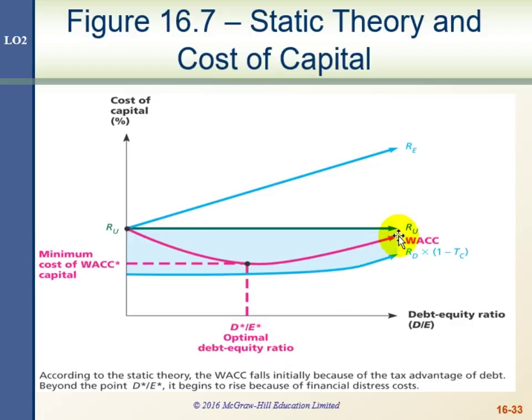The weighted average cost of capital goes up again. And so we see that right at the bottom of the trough here, not sure if that's exactly accurately graphed, but the minimum of this curve would represent the minimum weighted average cost of capital. So that maximizes the value of the firm because all the cash flows of the firm are divided by the cost of capital, as we saw in the previous graph. The debt equity ratio which is optimal is determined by the trough at the bottom of this curve.